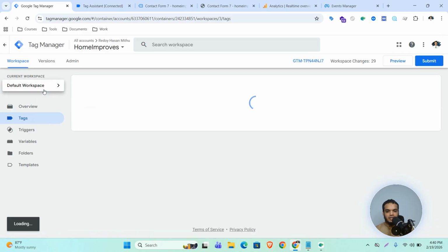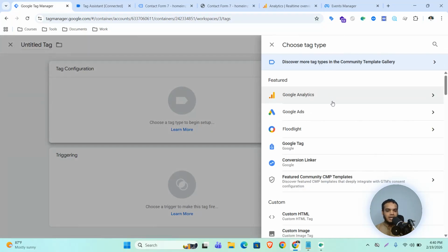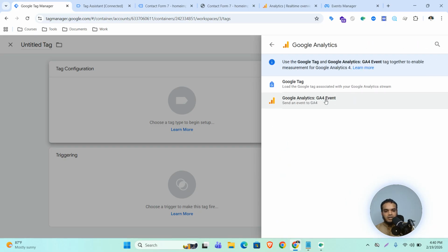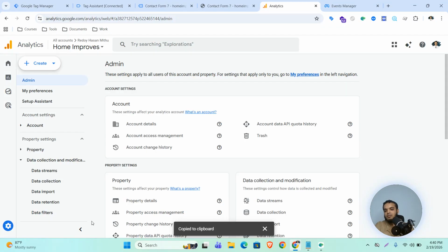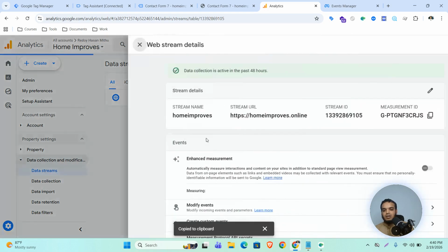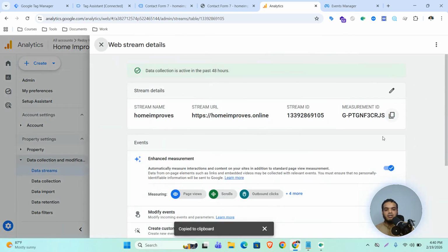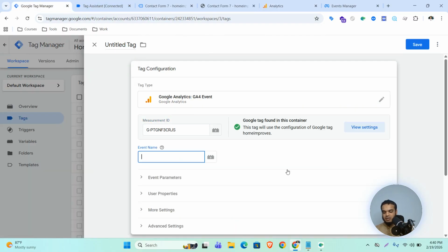Now I will configure the tags. I will send this event to Meta and Google GA4, and for GA4 select this GA4 event and paste the measurement ID here. For the measurement ID, go to admin and then data streams. And now here you can see the measurement ID. So copy this and paste it here and give the event name like CF7 submission,